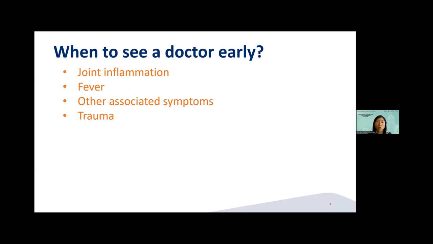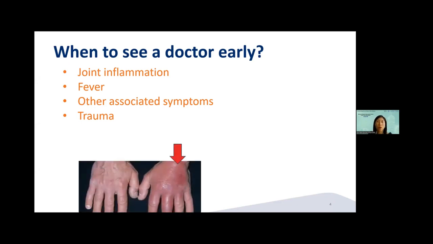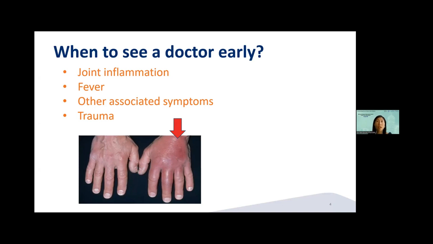So, when should one see the doctor when there is hand pain? Certainly, when you suspect joint inflammation from the features that we had learned to recognize from the previous slide, or if you're experiencing a fever, because these could represent other parts of the hands, for example, the skin having an infection. So you can see from the image that has just flown up, the skin actually looks a little bit red and puffy. This is because this patient is having a cellulitis, also known as skin infection of the hand, whereby early antibiotic treatment is important to prevent the infection from spreading.